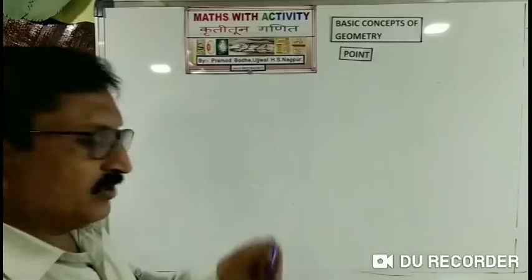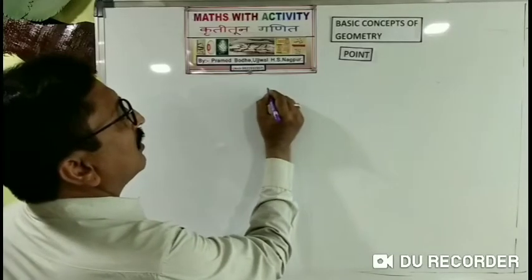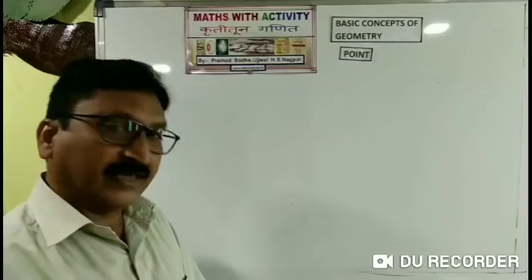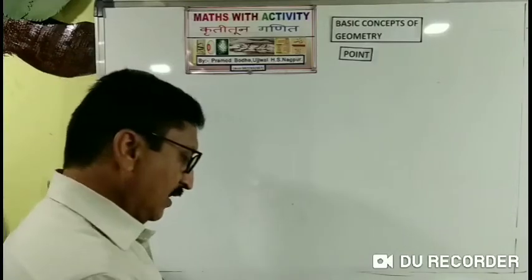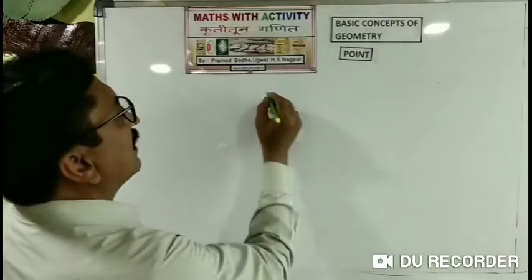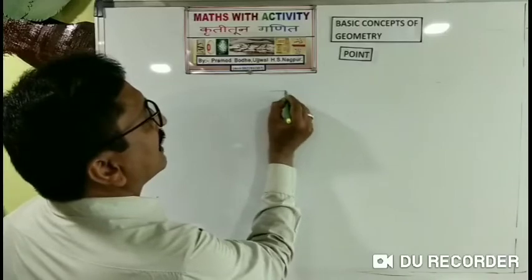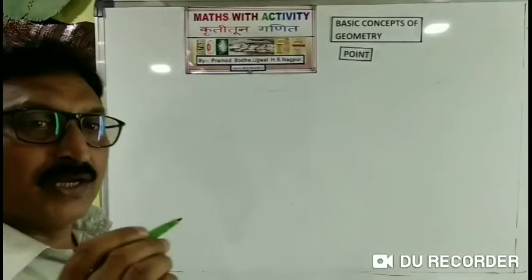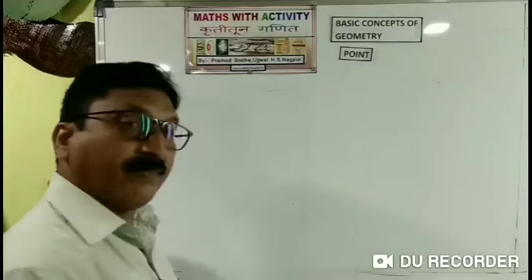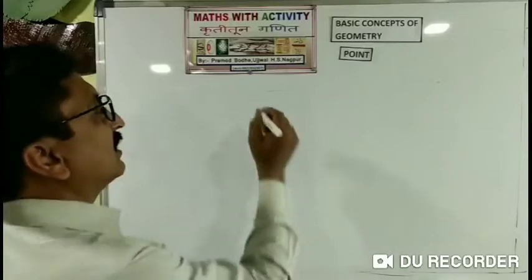Let's see. Suppose I am using this pen. I just make a dot and try to draw a segment. Can you see? It's a very tiny part, that is the surface of this pen. Another pen, I will take a sketch pen. Suppose with the help of the sketch pen, I make a dot on the board and then I draw a segment here. That means whatever surface you are using to draw a dot or a segment or a figure, that surface makes a dot and that dot is said to be the point.